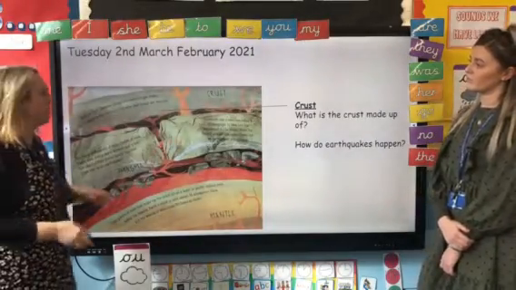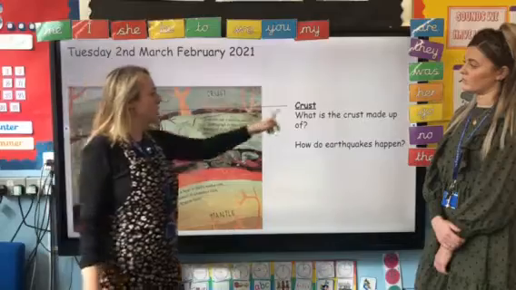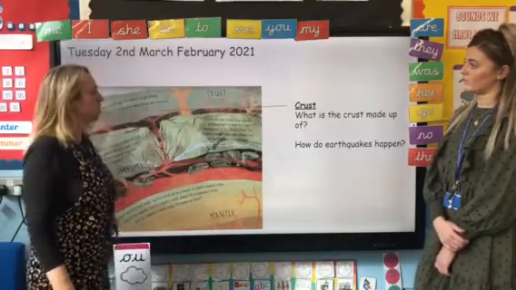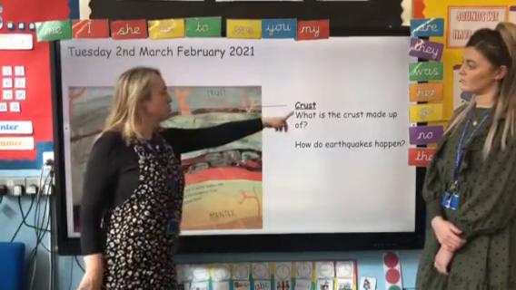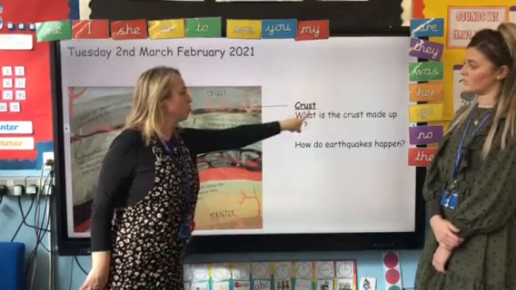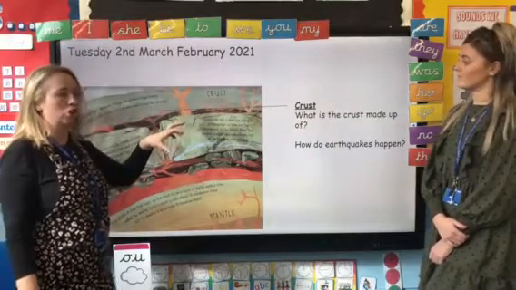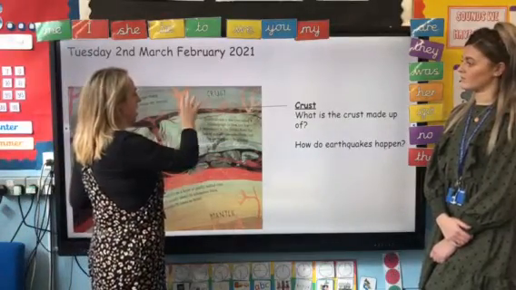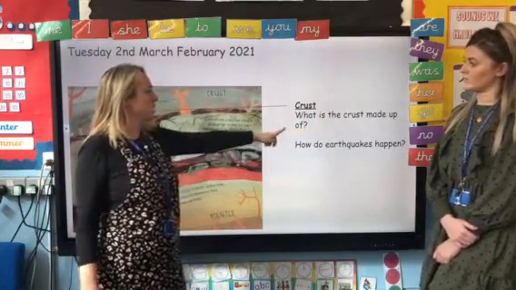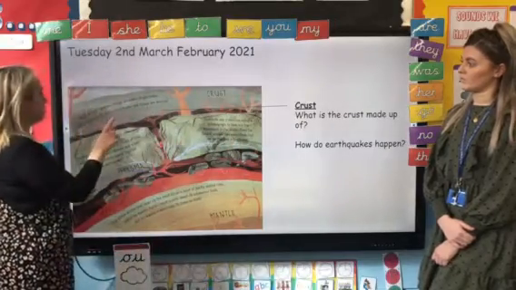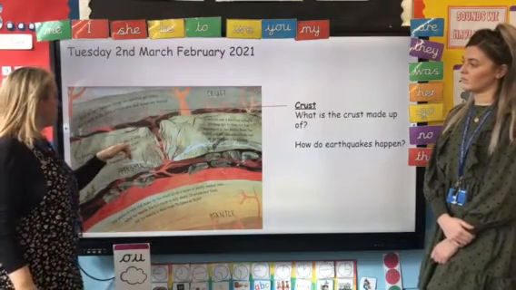So what we're going to do is use our book to retrieve information to answer some questions. On this page in the book, it says crust, and in bold writing here, we've got the word crust. So the information that I'm going to find out to answer these questions is going to be in this area of the book. And it says here, what is the crust made up of? So I'm going to read the book, and then it says here, the crust is made up of large plates